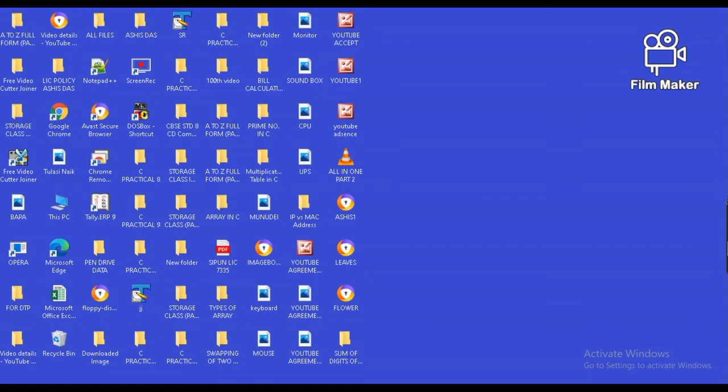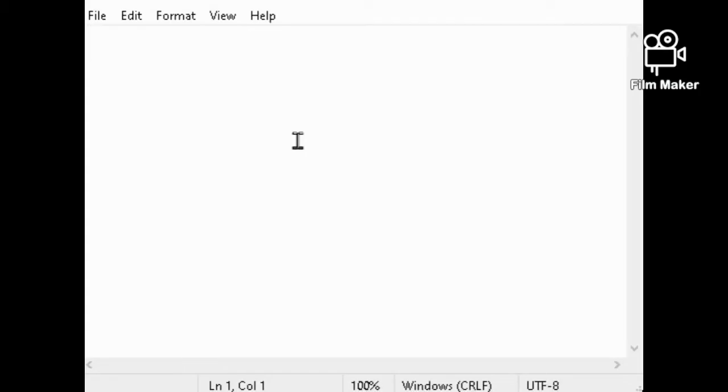If I take 648, then the reverse is 846. It is not the same as the given number, that's why it is not a palindrome number. If I take 345, the reverse is 543, and it is not a palindrome number because the reverse number is not the same as the given number.